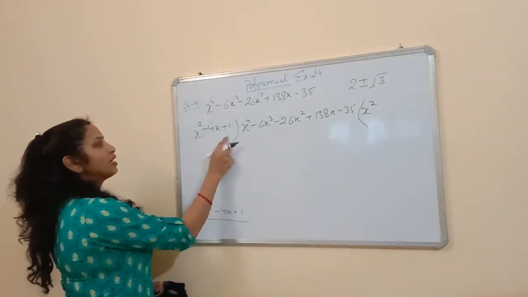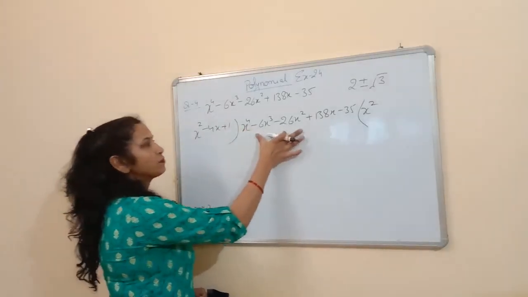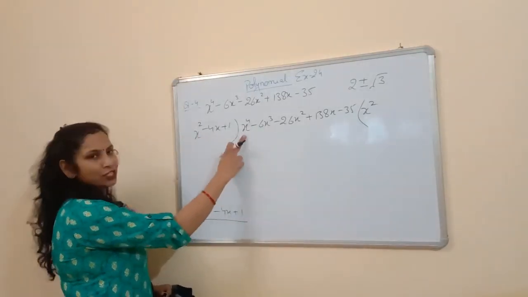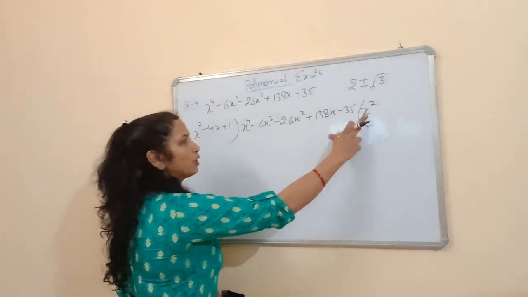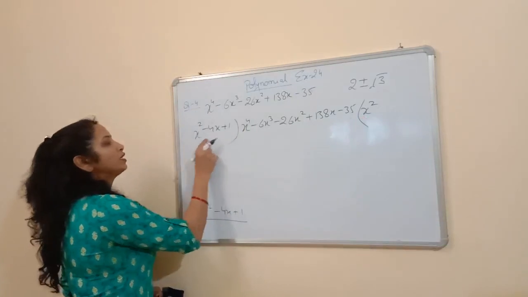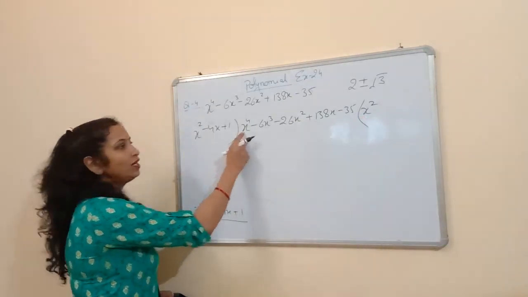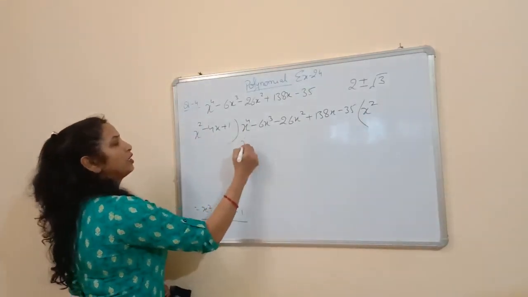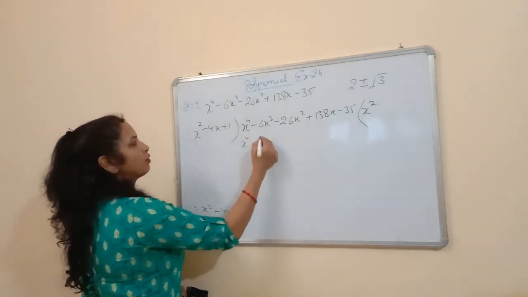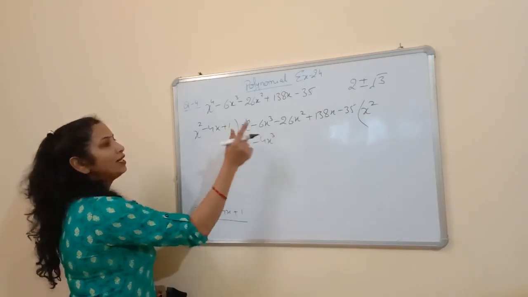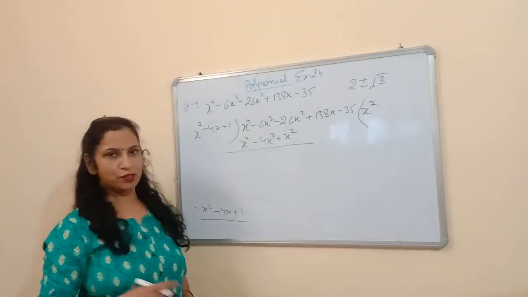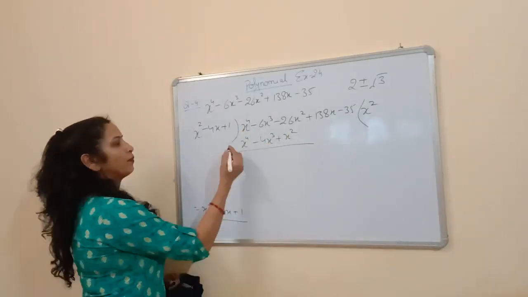So this is the expression by which you have to multiply this polynomial. First we found out by which term we should multiply x square to get x raised to the power 4. We found we should multiply it by x square. Then multiply this x square with the whole expression. You have checked only this term, but you have to multiply it with every term. So x raised to the power 4 minus 4x into x square will be minus 4x cube, and then it will be plus x square. And we know that for division we have to subtract the values, and for subtraction we have to change the sign.